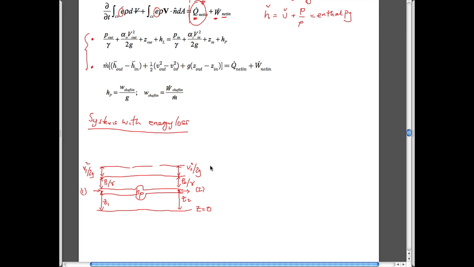And that's what we called before our energy grade line. And this was, by definition, our hydraulic grade line. Define both those terms. And for all the cases that we've dealt with, the energy grade line has been constant because there's been no way for us to expend energy in the system,